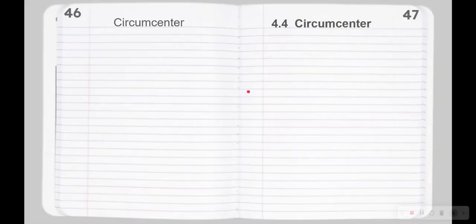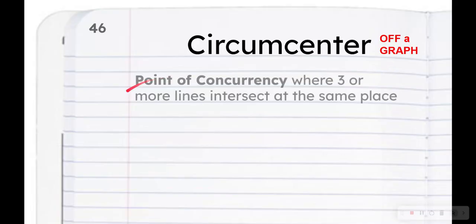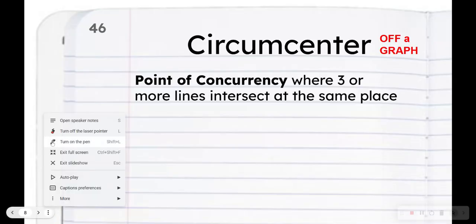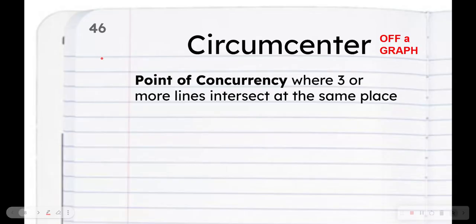So now for our lesson today, we're going to talk about circumcenter off the graph and on the graph. So if you can grab your notes, and let's go to the top left. Let's talk about off the graph first. Well, actually, even before that, let's talk about what a point of concurrency is. A point of concurrency is an intersection of three or more lines. So if I have two lines that intersect, we just call that an intersection. But if we're lucky enough to have three that intersect at the same point, that is called a point of